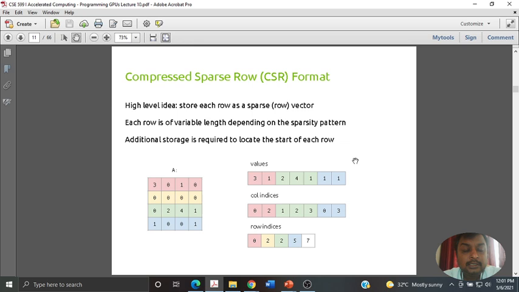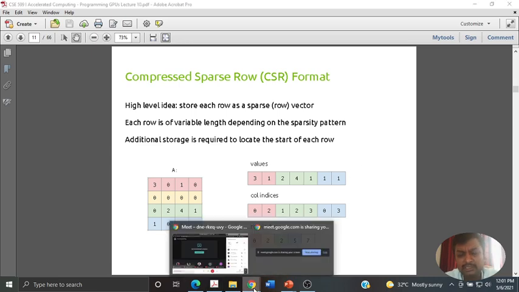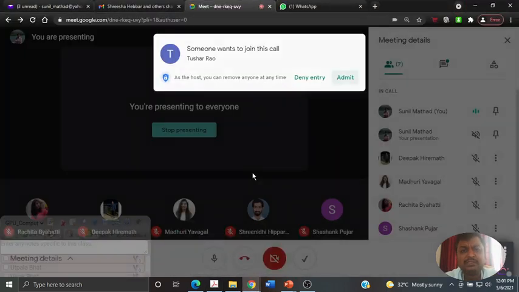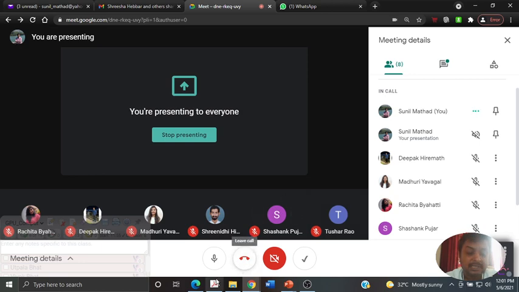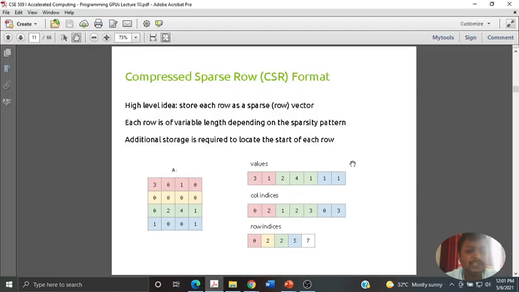So last class we started with the representation of a sparse matrix. We discussed what is meant by a dense matrix, where for most of the elements you even reserve space for storing zero, which people wanted to eliminate because it doesn't make much sense to store zeros. In most transformation matrices, whether you are performing a DCT or FFT, apart from the fundamental frequency kind of stuff, the others will be zeros.